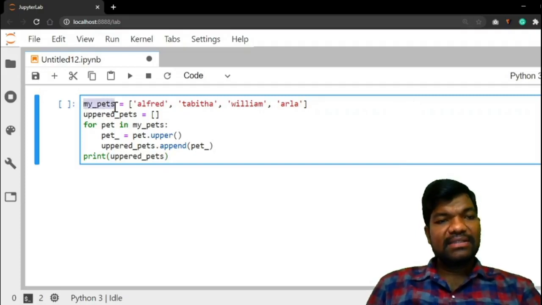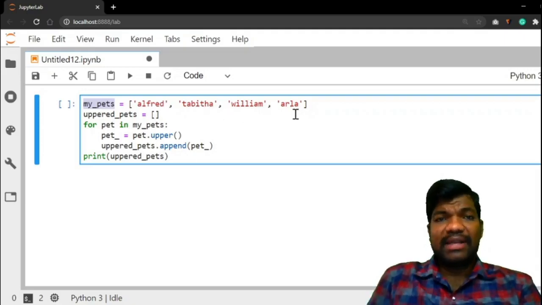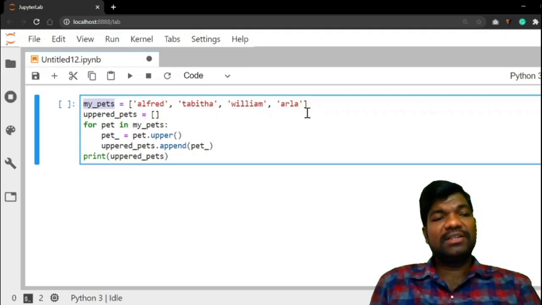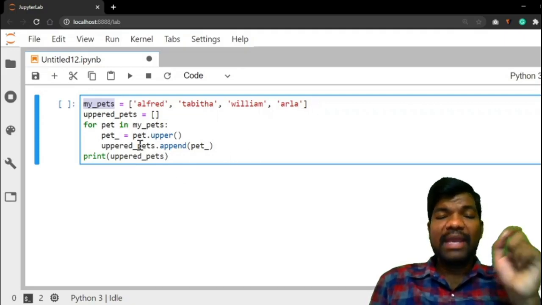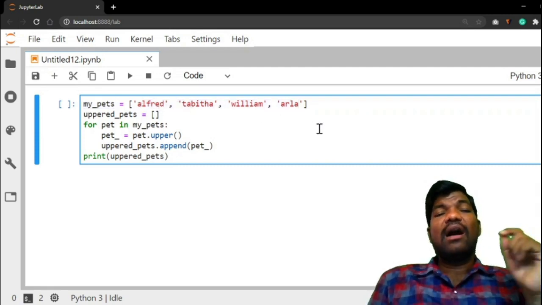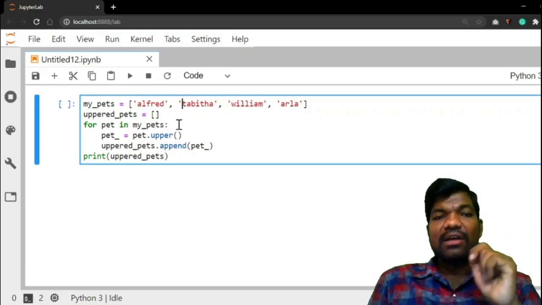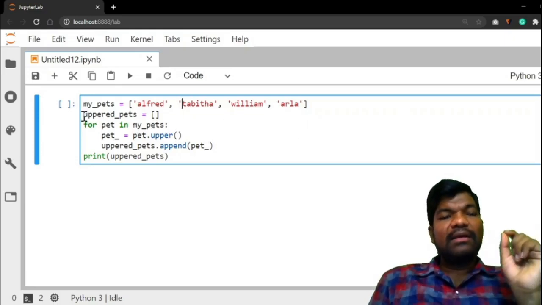Here my_pets, these are the list of my pets. For names, give any names: Alfred, Tabitha, William, Arla, like that. You can give your pet names in the list. Now the main program is here, all are small letters. I want to capitalize each and every letter in the list. So the program is